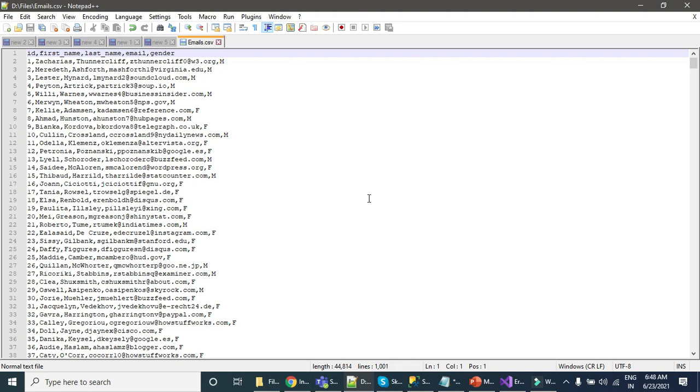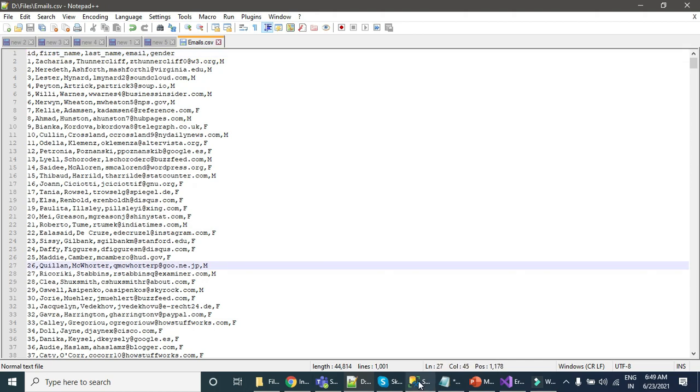In real life scenarios, the file can be very huge, maybe millions or billions of records. So in case you have some bad data in your file, instead of failing the whole process and loading nothing to a SQL Server table, it's a good practice to load the good data into the main table, and then redirect and load the bad data into another table, so that we can further investigate what went wrong for those particular records. Those are moved to the bad records table. So we will see in this video how we can implement this in SSIS.